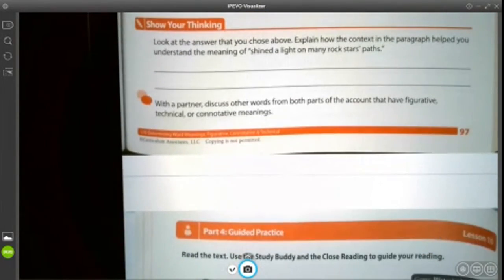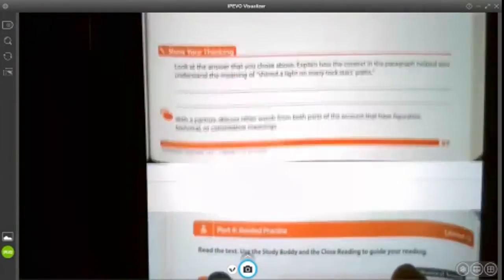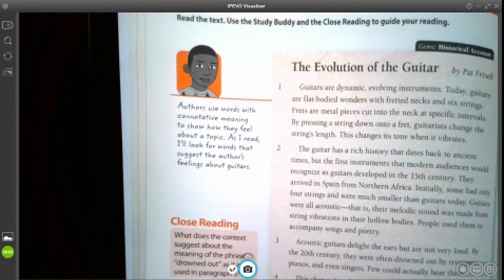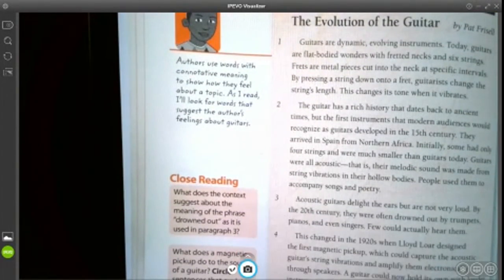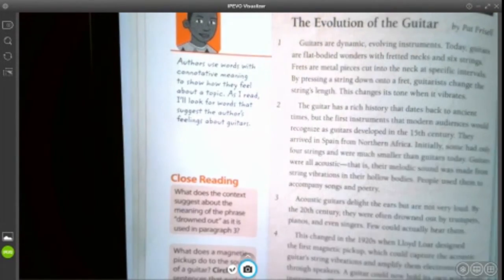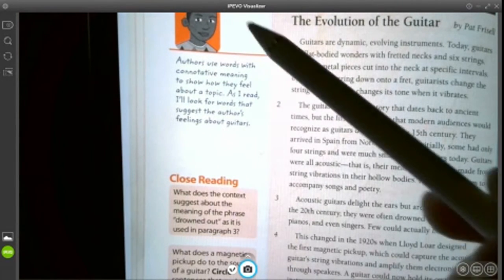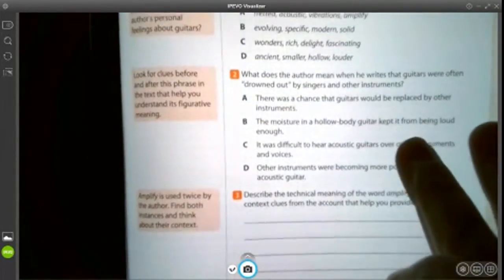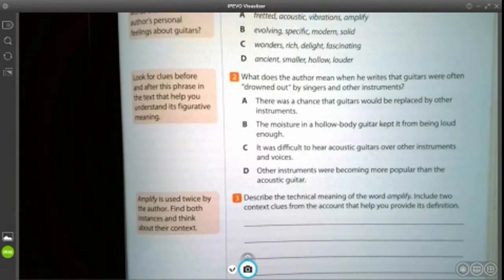But you're going to actually finish this Ready book lesson by reading 2 articles. I've also given you a Google document, so you'll read Evolution of the Guitar, and I would like to just point out that you should definitely pay attention to these side things. These give you some clues on how to best read this to find your answers on your questions. So don't ignore the column on the left. Okay, so you'll read Evolution of the Guitar, and there are 3 questions, and they give you hints over here to help you. If you'll fill these out in the Google Doc,